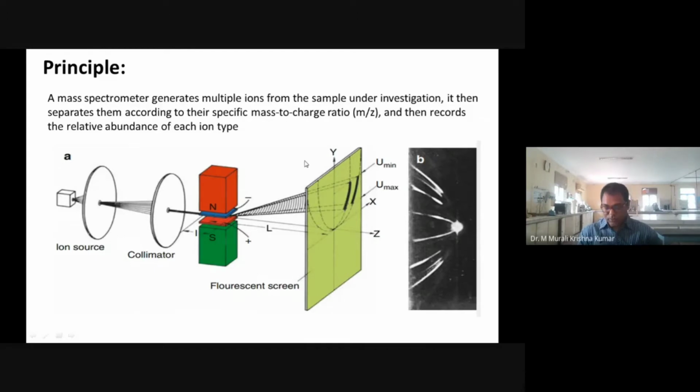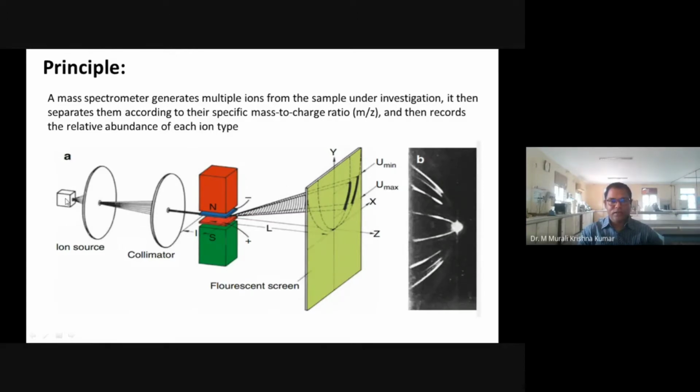Especially in mass spectrometry, instrumentation is also very important for us, because in mass spectrometry, instrumentation is more like customizable. Depending upon your requirement, you can change the kind of instrument combination or configuration that we can use. Today we will see the first two parts.